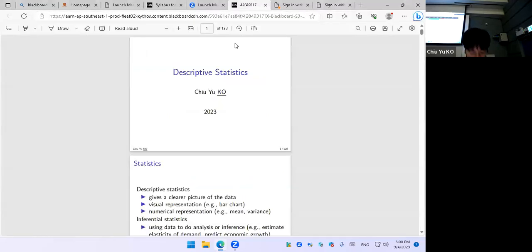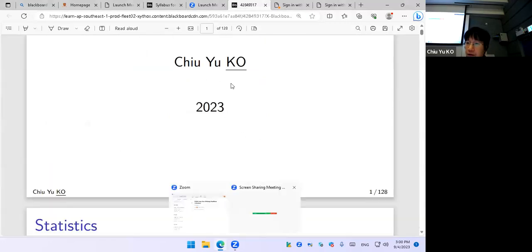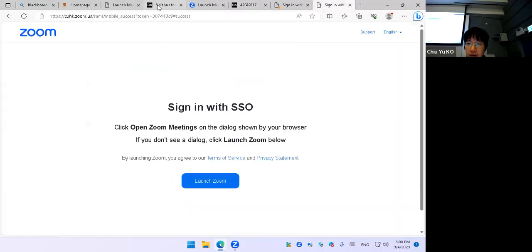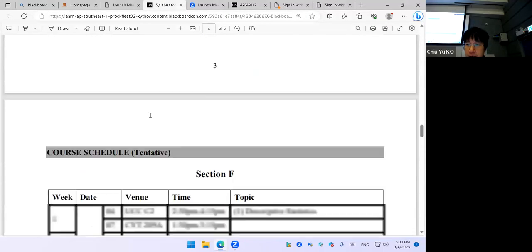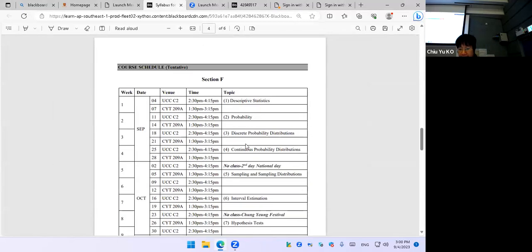Then we go into this one. Or maybe I have to talk a little bit about our syllabus. I forgot to mention this. You would probably want to know what we're covering for the whole course. Basically, the course can be divided into two parts. You'll see our slides soon. Usually we call topic 1 to topic 4 the part on descriptive statistics.